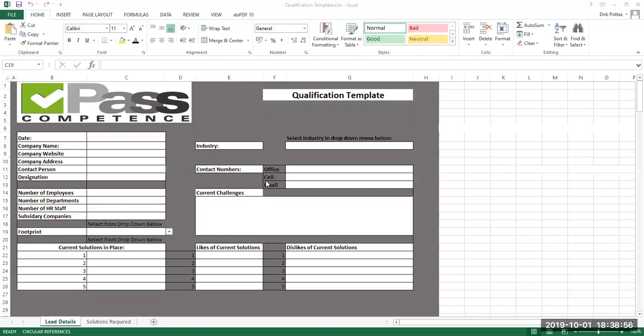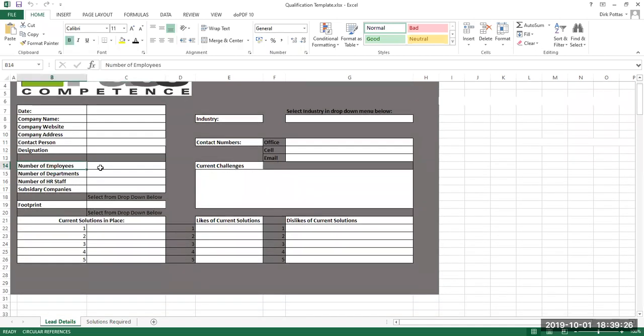So if we look at the qualification template, it has two worksheets. One is the lead details, and the next is the solution required. So based on the lead details, you have to add the date in there, the company name, if a company has a website or not, their website address, their own address, the company address, who the contact person at that company is, the designation of that contact person, then the number of employees working at that company, the number of